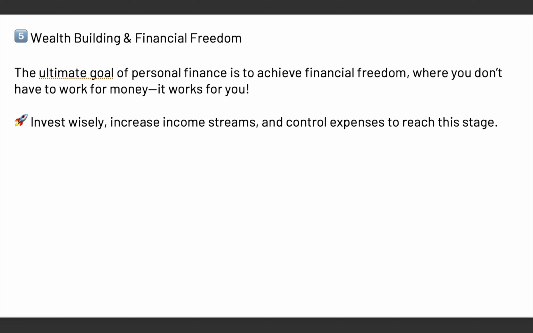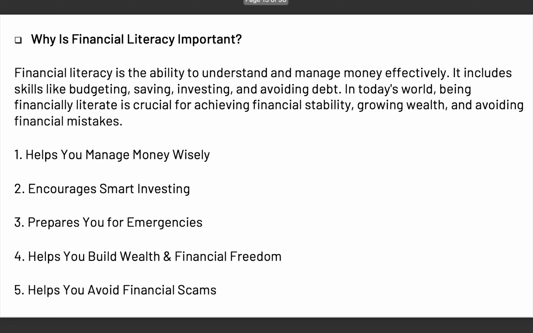So now that you know the key aspects of personal finance, the next thing is, why is financial literacy important? Why do you need to understand financial literacy? Now, financial literacy is the ability to understand and manage money effectively. It includes skills like budgeting, saving, investing, and avoiding debt. And in today's world, being financially literate is crucial for achieving financial stability, growing wealth, and avoiding financial mistakes.